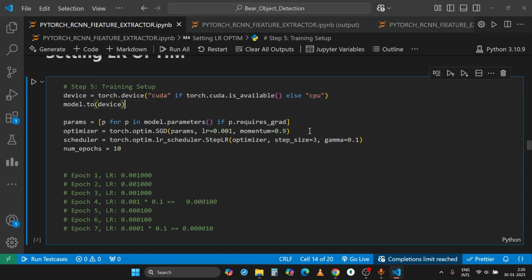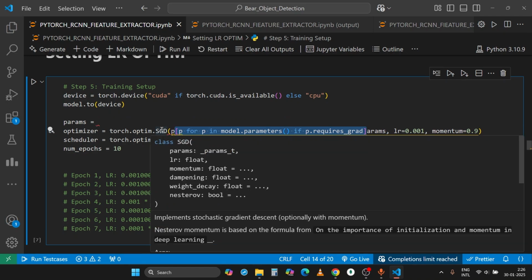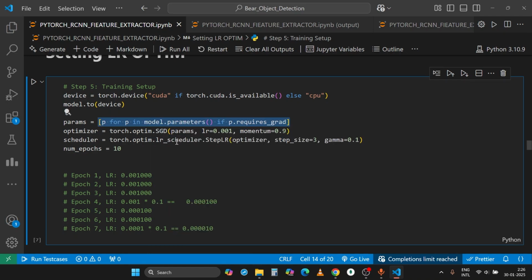Here params, basically we are making a list of the parameters which can be updated at training time. And here the optimizer is basically used to update the parameters. Here we are passing the parameter list which can be updated during training time. Learning rate is 0.01. I want to say that during fine tuning,